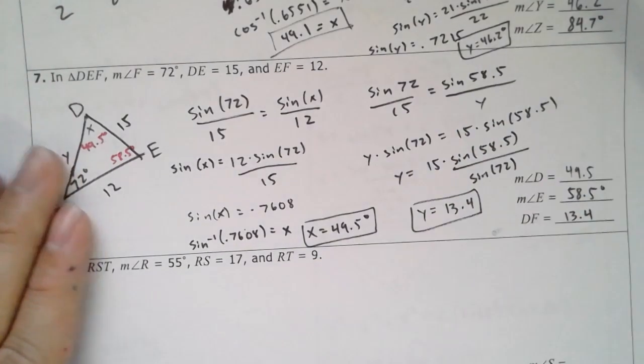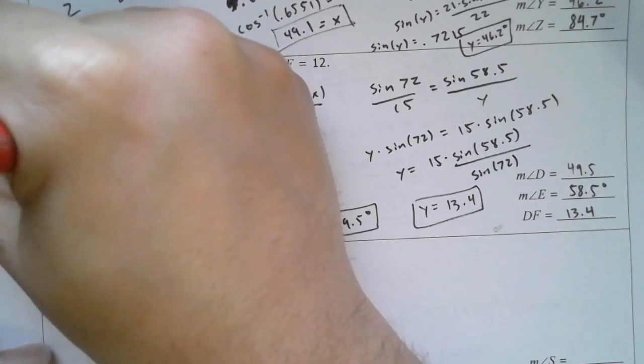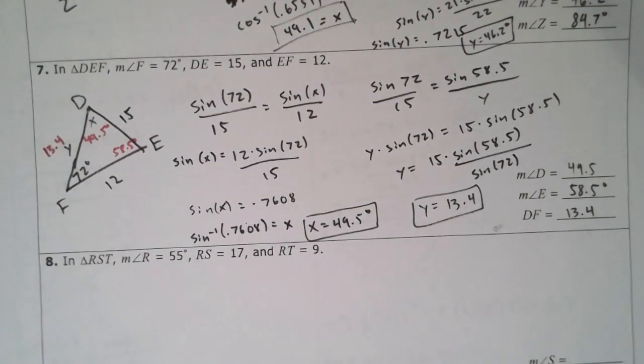So that's down there. 13.4 there. And that's it. We found all the values for this triangle. Number 8,